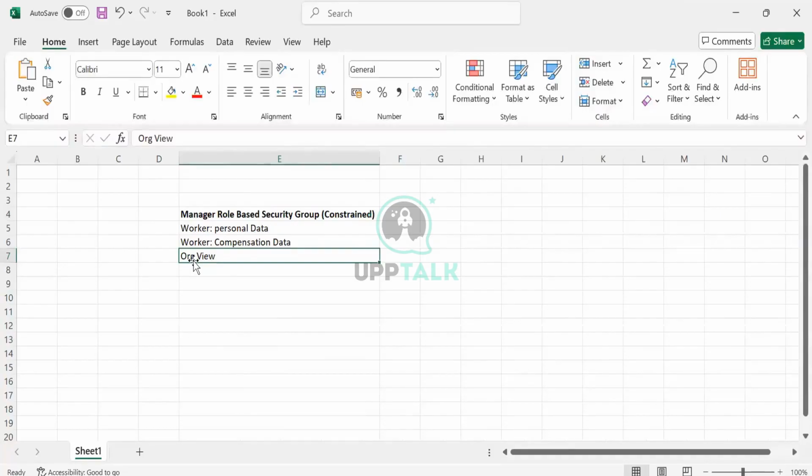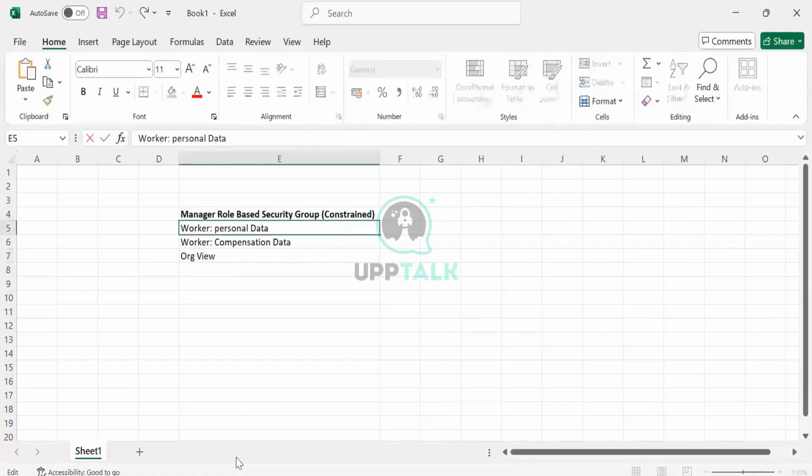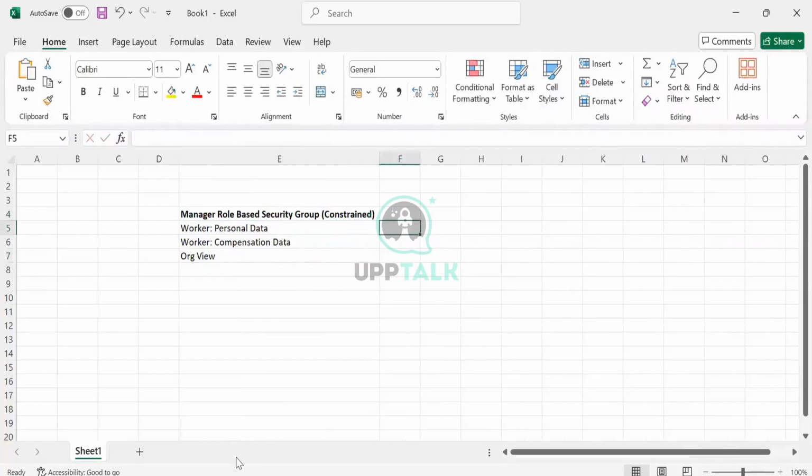About the worker data, let's say a worker might have many data associated with it. A worker might have personal data, compensation data, address data. It has multiple things. But what if I want to restrict it to the particular data only? Let's say I want to include worker compensation data or I can remove it, it's up to me. And this also comes with view and modify access. What does this view and modify